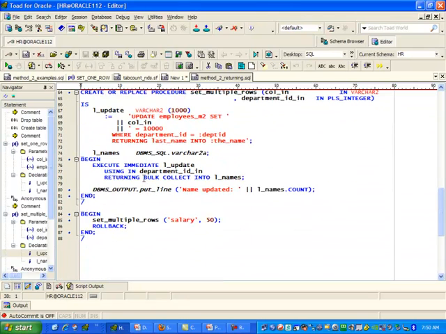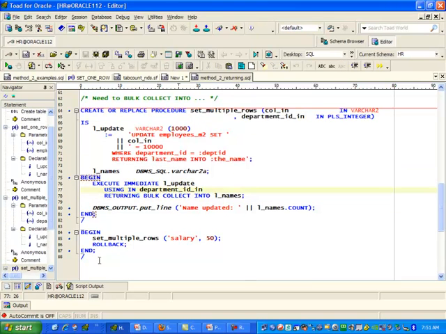returning bulk collect into. Now bulk collect is part of the bulk processing feature set of PL/SQL, and that's explained in a separate set of lessons on turbocharging SQL performance in PL/SQL. So if bulk collect is new to you, check it out, learn all about it. It's a fantastic feature. And if I take this approach,